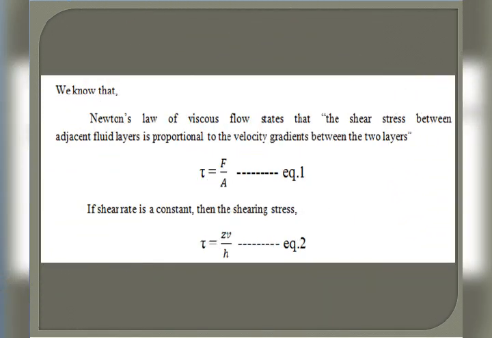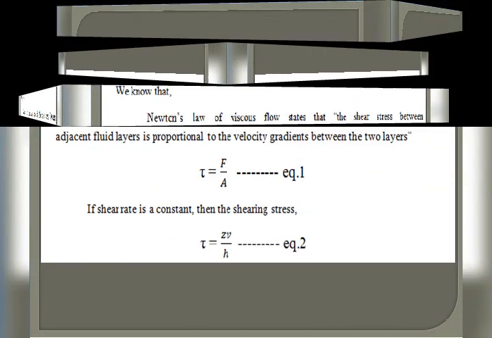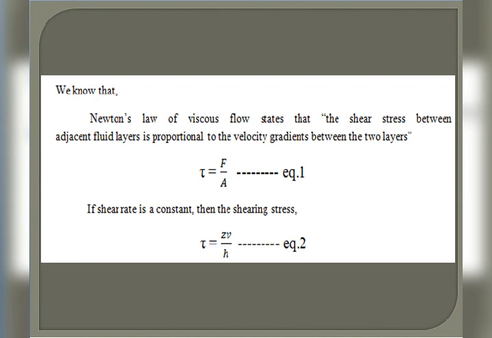Let us consider some of the dimensions of a journal bearing. Capital D is the diameter of the bearing in mm, small d is the diameter of the journal in mm, and C is the diametral clearance, capital D minus small d. These are the dimensions we already saw earlier. Next is xi, denoting the diameter clearance ratio, equal to C by D, and capital L is the length of the journal in mm. N, where we must be careful, is the speed of the journal in RPS, revolutions per second. V is the velocity at the journal surface, pi d n. A is the surface area of the journal, pi d l.